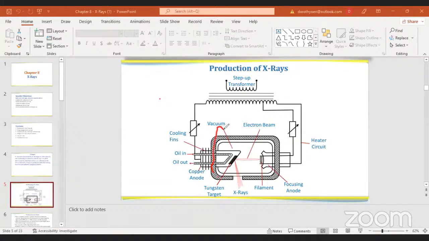This is the section which is covered by lead, all that part. That is the X-ray tube. So the outside part is shielded using